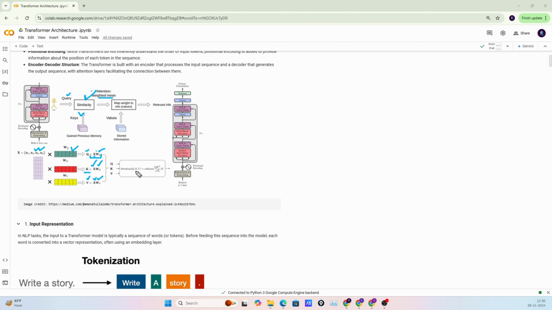Mathematically, first we perform the dot product between the query and key vector. After the dot product we divide it by the square root of our dimension, then we perform the softmax, and then we multiply the outcome with the value vector. So the output would be generated by the softmax layer in this attention mechanism. This way our attention calculates the weights. So this is the attention layer.